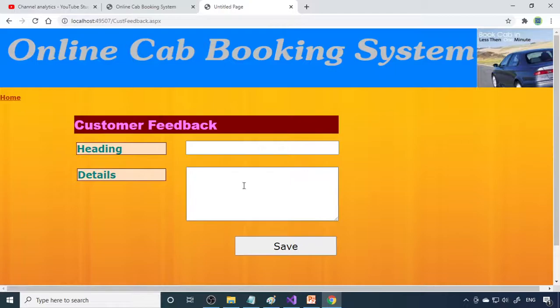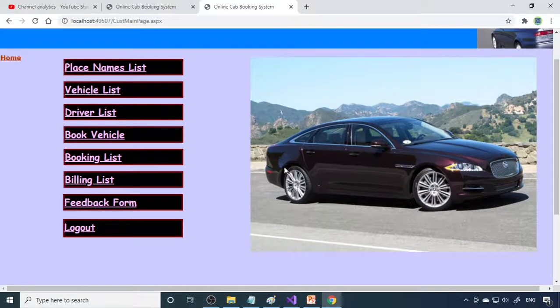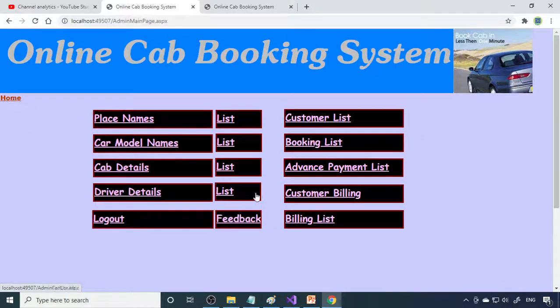So feedback form. So what do you feel like? That you can write in the feedback form. Okay, so these are options which you can provide from the customer side, and these are from the admin side. So I already told you it's an entry level project for student purposes, and even for training purposes, or if you want to learn and then implement this. This is a good project.